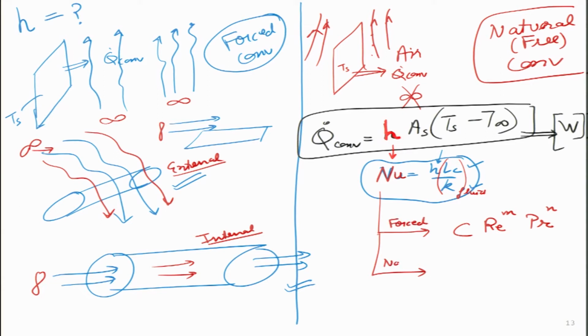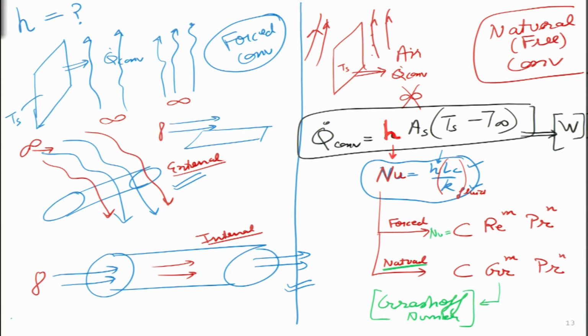What about natural convection? So, over here we will just replace this Reynolds number by another parameter called the Grashof number. So, Reynolds, Prandtl and Nusselt I have already defined, so I am not going to define them again, but I will write what this stands for. This is the Grashof number. Again, this is a non-dimensionalized parameter, and we will study this in the chapter on natural convection. But if we look at this particular equation over here, the left hand side is Nusselt. For both these cases, the expression that I have written is the value of the Nusselt number.